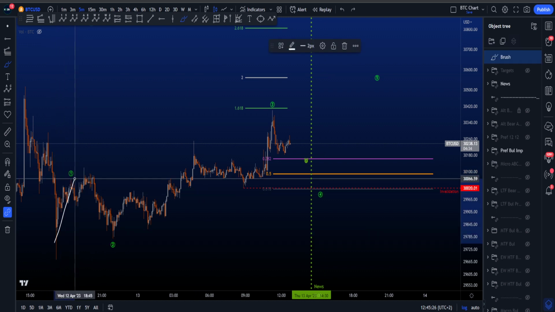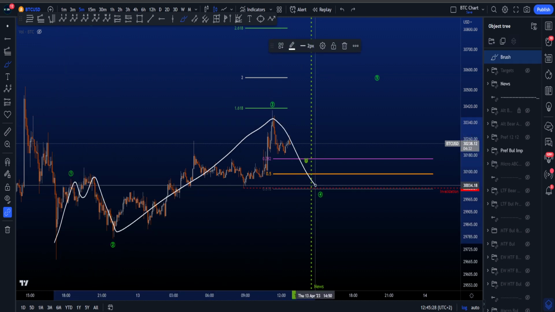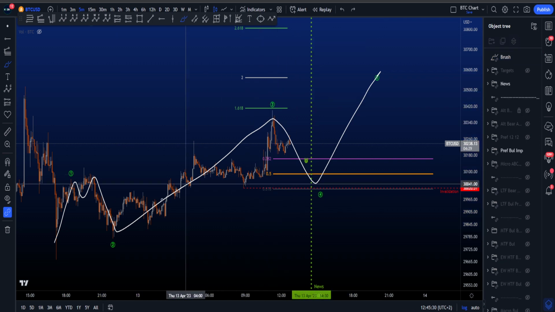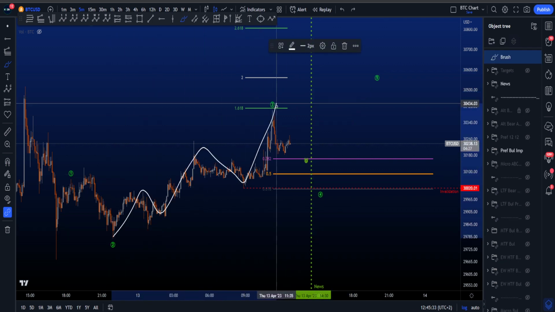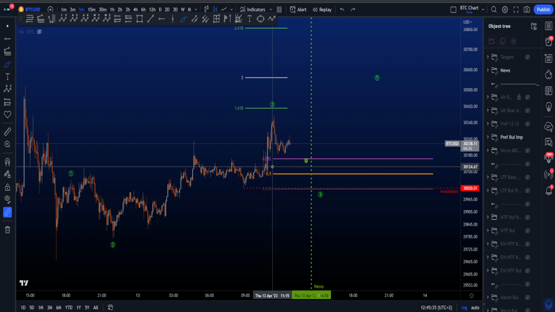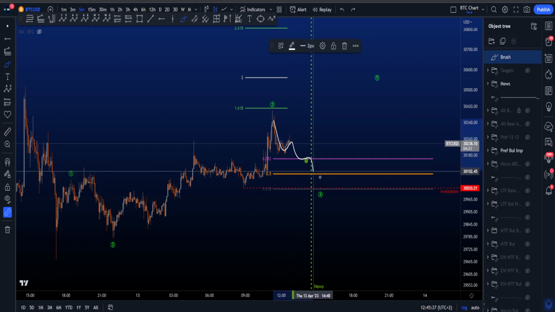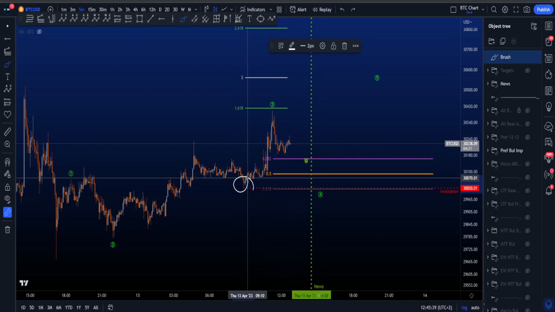So over here we have a wave 1, then a wave 2, we have a 3, 4, 5, and inside this wave 3 we then have a 1, 2, 3, 4, 5 over here. Now in this particular scenario, the price is not allowed to, in my opinion, go below this low over here,